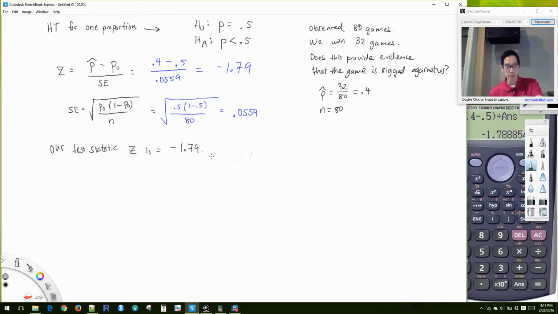And then we're going to look this up in our z table to get our p-value. How we determine our p-value depends on the symbol that shows up in our alternative hypothesis. So to go from a z-score to a p-value,